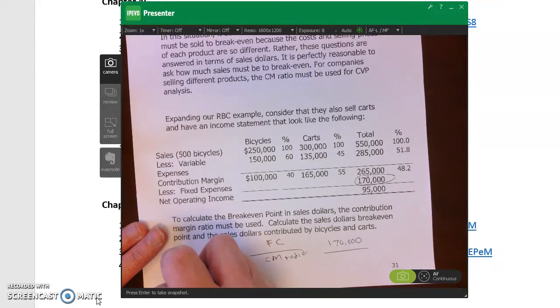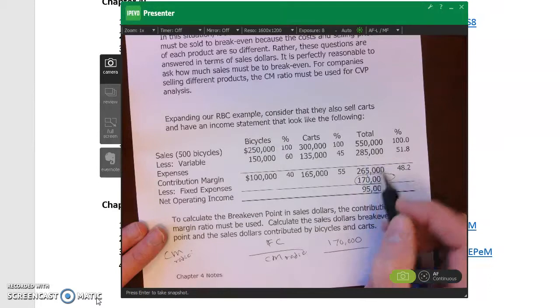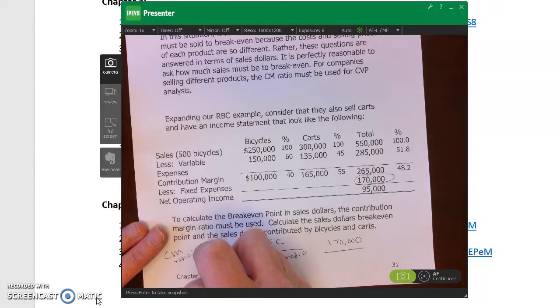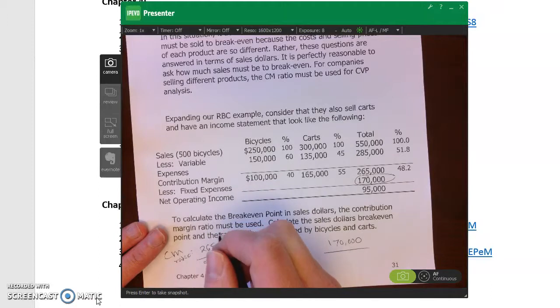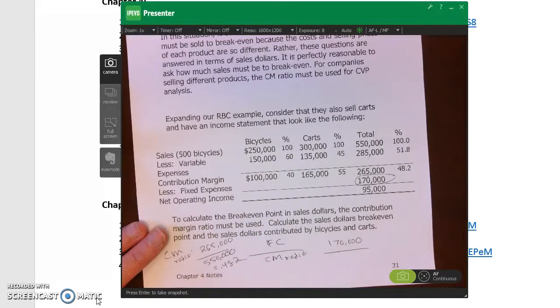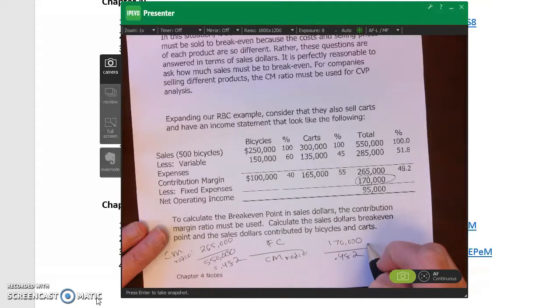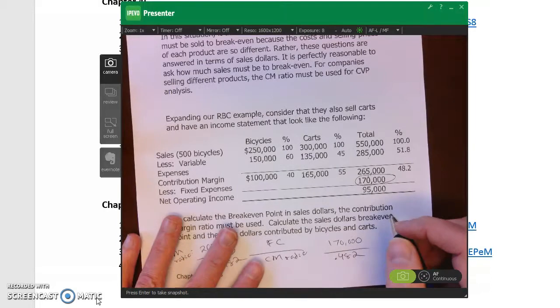I have to do it in terms of total, so I'm going to look at my 265. The CM ratio is my contribution margin divided by my sales, which gives me, and I'm going to round up here, 0.482. So I can take my 170,000 divided by my 0.482, and what that gives me right over here is